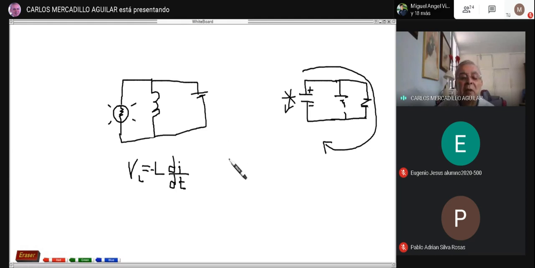Who can explain to me? Imagine that we had a switch here. But in this instant, we close the switch and it becomes like this. In that very instant,